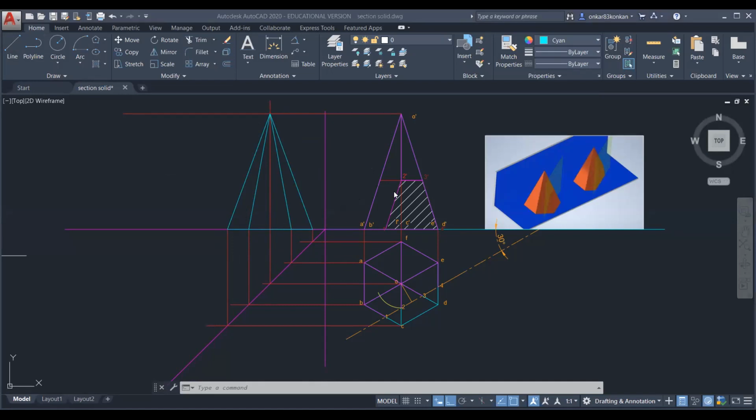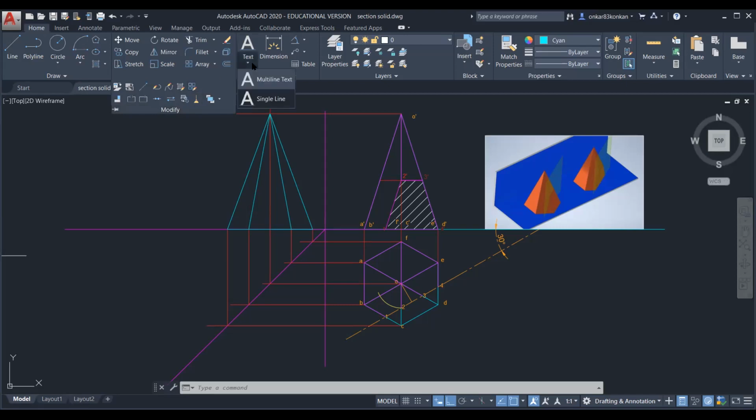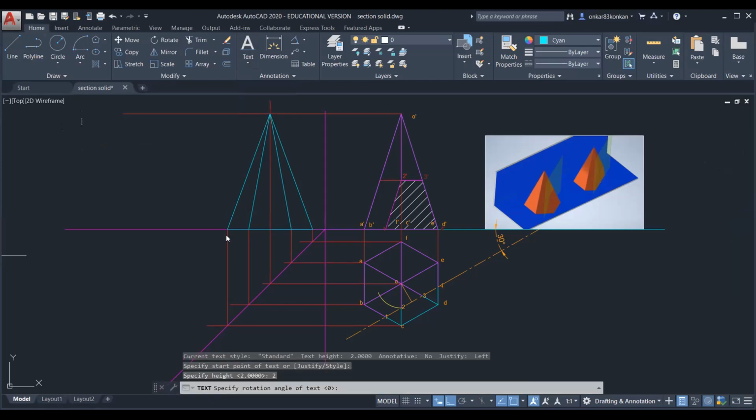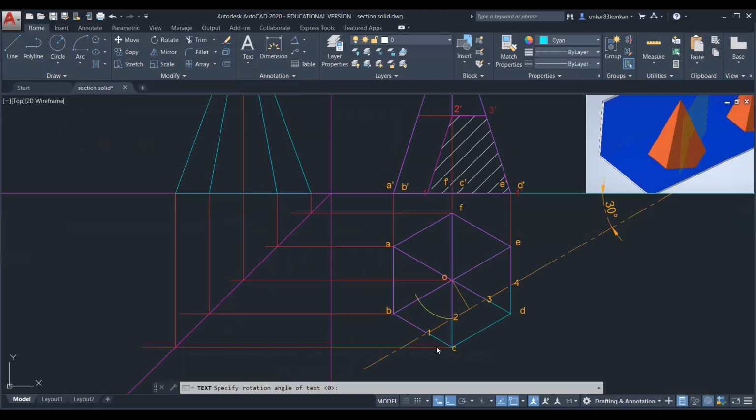Now next part is project this point 2 dash, 3 dash, 1 dash, and 4 dash. So first name this point. So observe the top view. So this is the projector from the top view. So this point will be C. So this is C double dash in the side view.